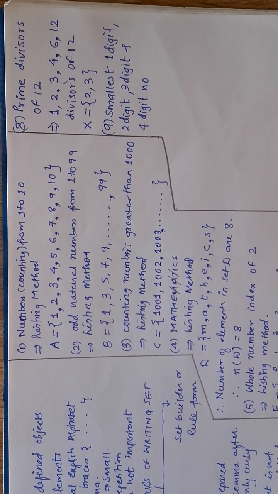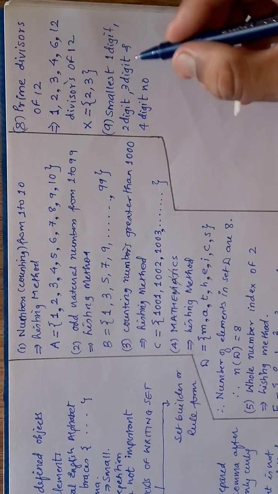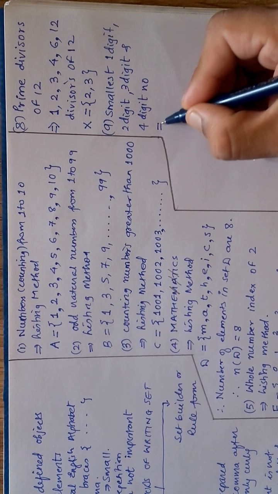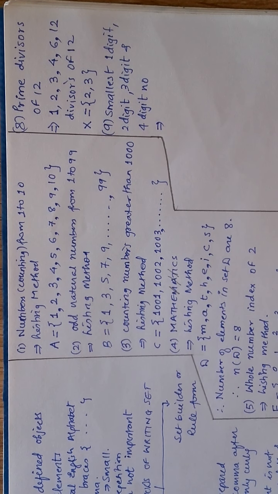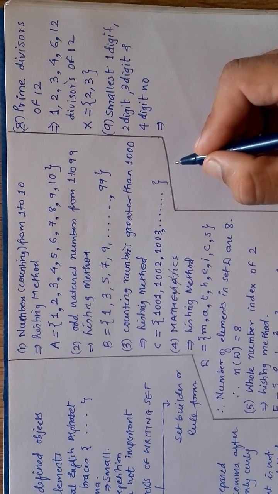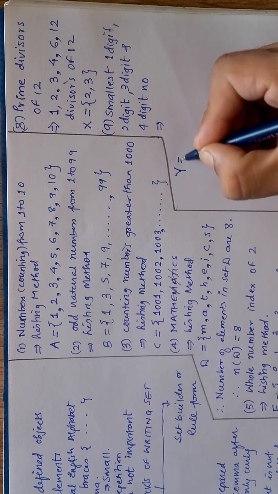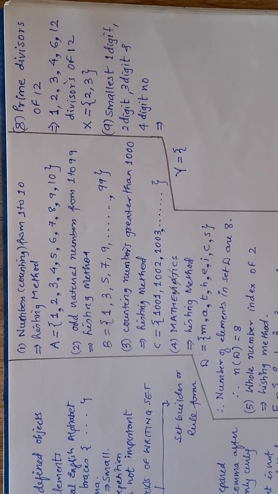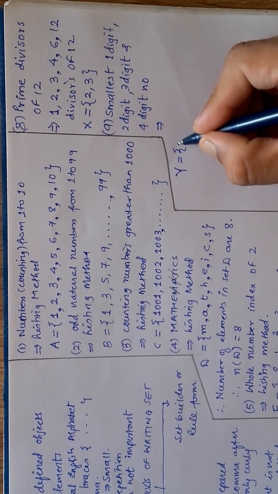Now, I have written a collection, that is the smallest 1 digit, 2 digit, 3 digit and 4 digit number. Now tell me which is the smallest 1 digit number. Name of the set I have written already. Smallest 1 digit number. What did you say? 0. 0 is smallest, but it is not counted as a digit. If 0 is given, what do you say? There is no digit at all. The smallest 1 digit number is 1.